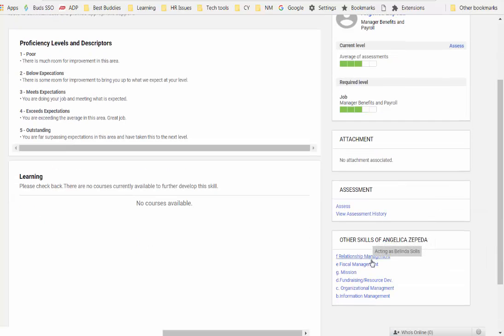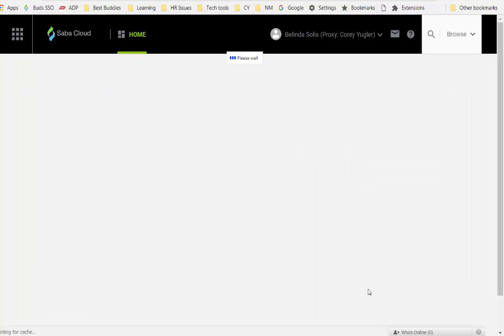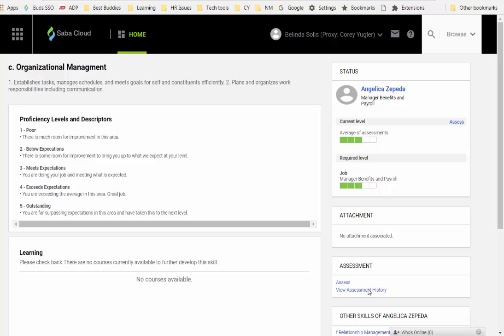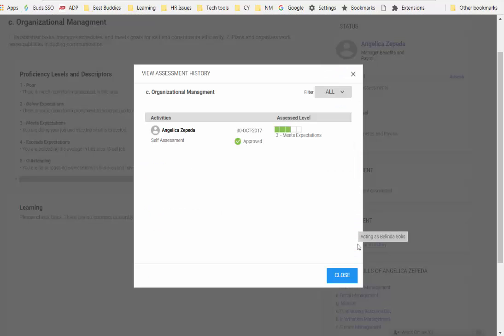So that is a little about skills. All of her skills are related here. Maybe this meeting you're talking about 2 skills. Maybe I go into the meeting and want to talk about her organizational management. I see that her current level is 3, and the required level is at 3. Let me take a look at the history. Again, Angelica has rated herself at that level, but maybe I don't think she's at that level. And maybe in a meeting, I would mention that. I would mention places for improvement.